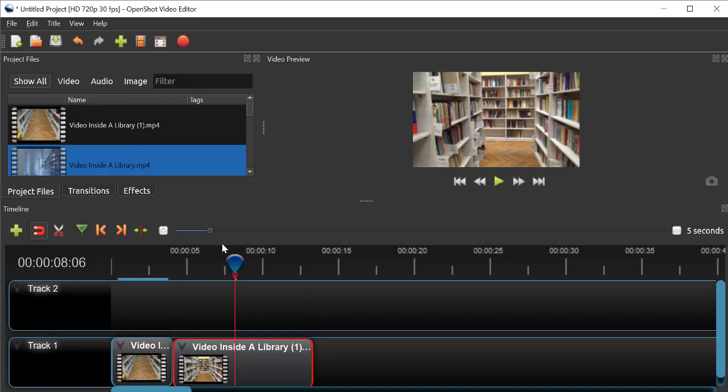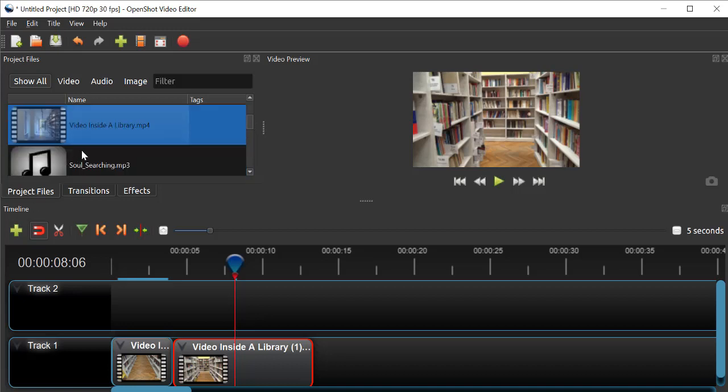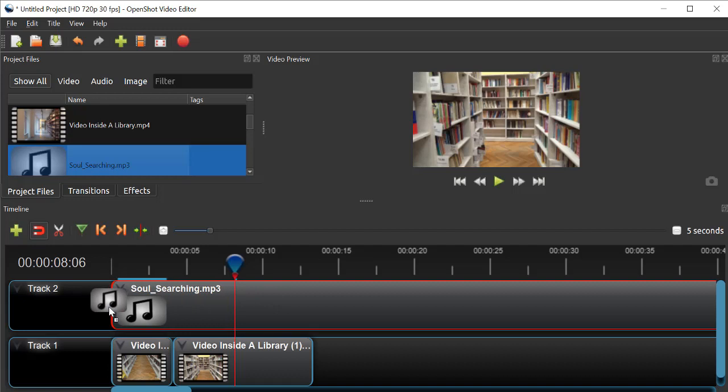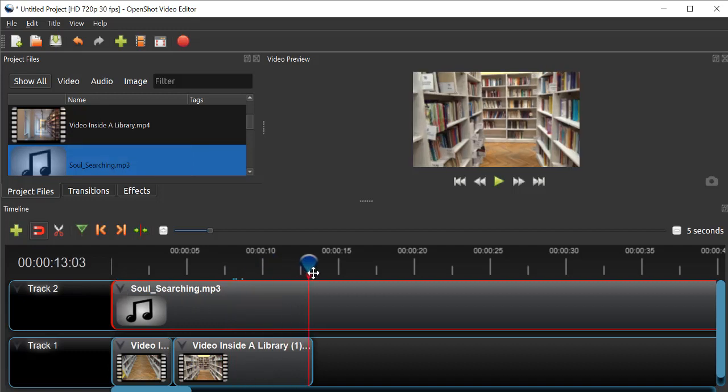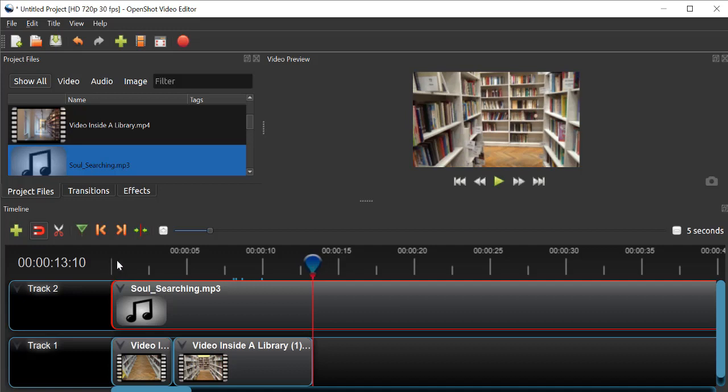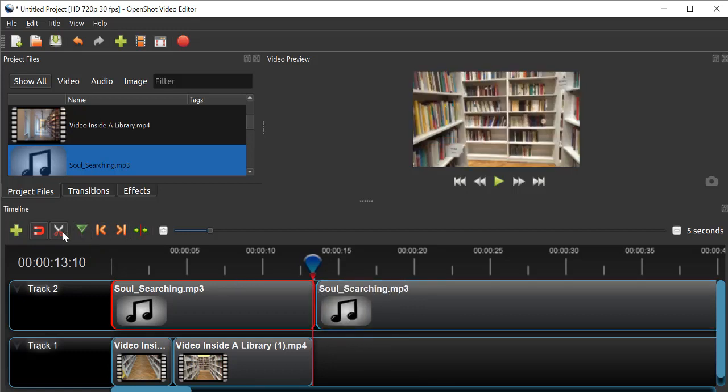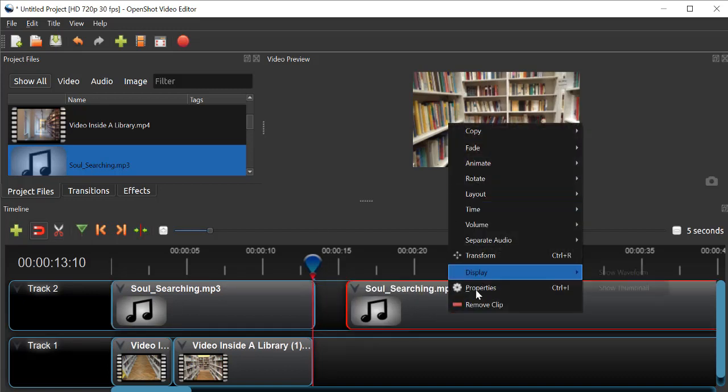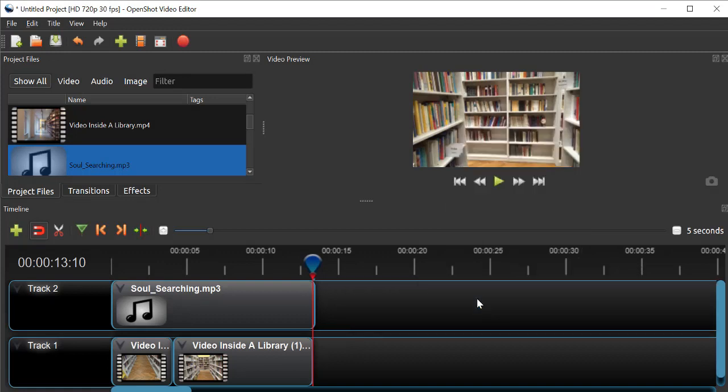So easily you can add any image here, you can add any other video here. So many things you can go on adding. And if you want to add music, you can add music also. So I'll take this music here in the upper track like this. Now I want this much only. So I will use this razor option and cut from it. I have cut it down, and I don't want the razor now. I don't want this part, so I'll right click here and remove clip. So I removed the unwanted part of the song.